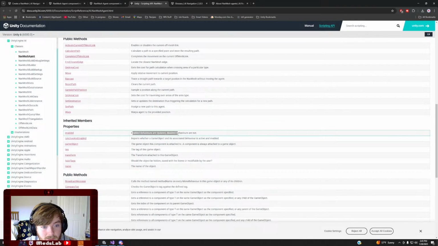Enabled enables behaviors are updated, disabled behaviors are not. So this is how we're going to turn off him if we don't want him using the NavMesh controller, basically. Like if, so basically now instead of setting the target, we're just going to,